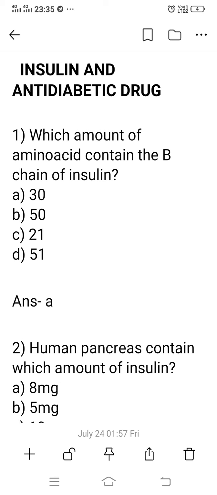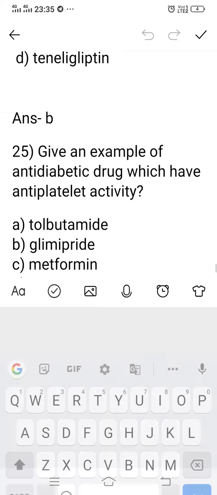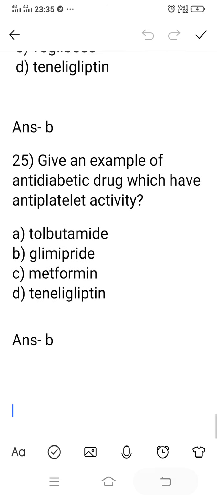Now today we discuss the topic insulin and anti-diabetic drug MCQ. 25 selective and important questions are discussed in this topic. Okay, now the first question is